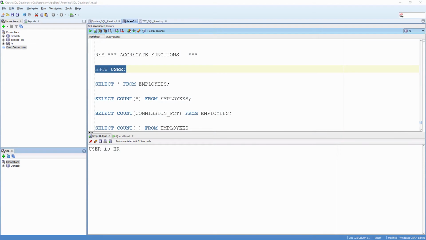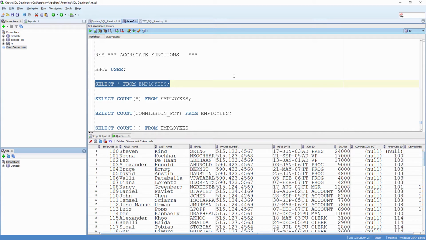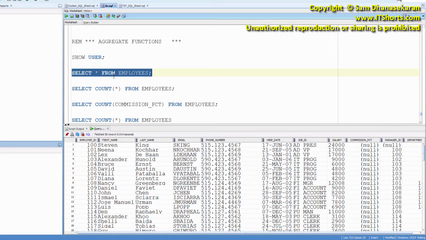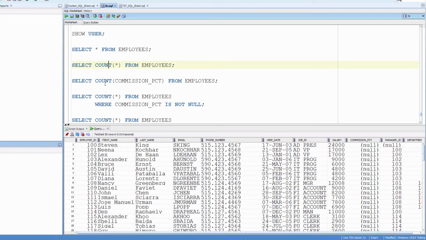Now let us take a look at some of the useful aggregate functions. Select star from employees, bring all the rows of the employee table. Now from here, let us determine what we want to group. If I need to find the total rows of this table, I can do